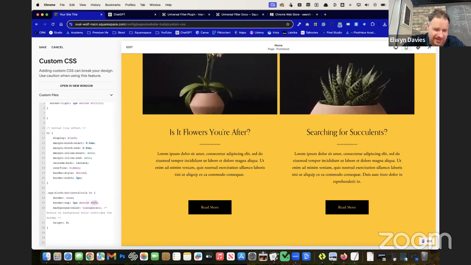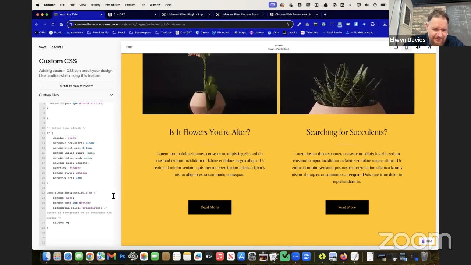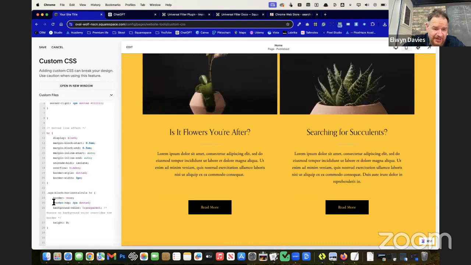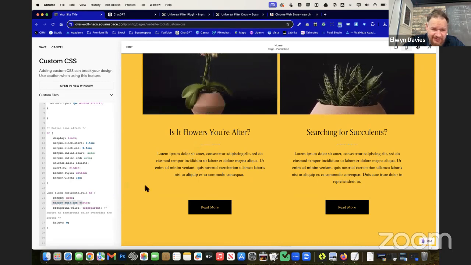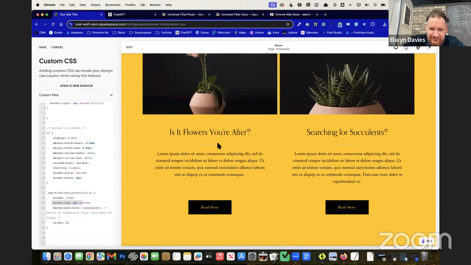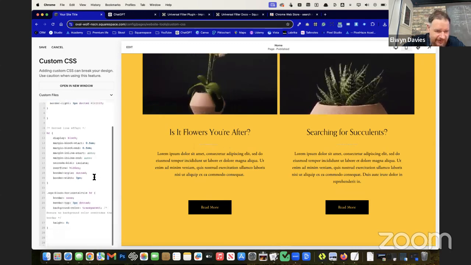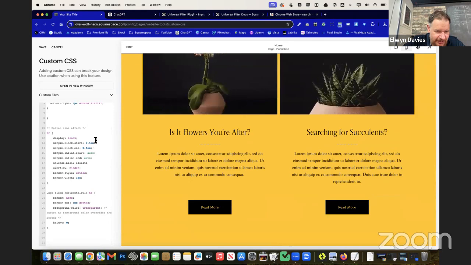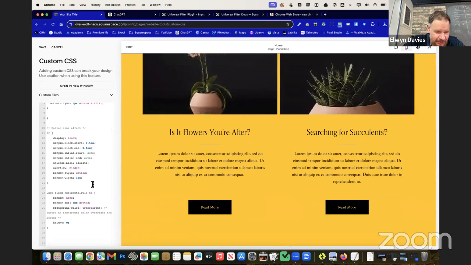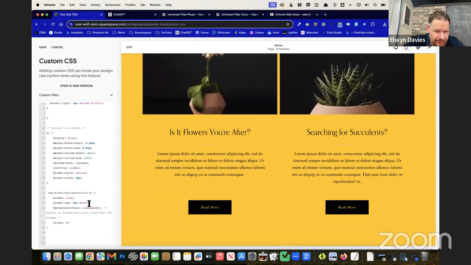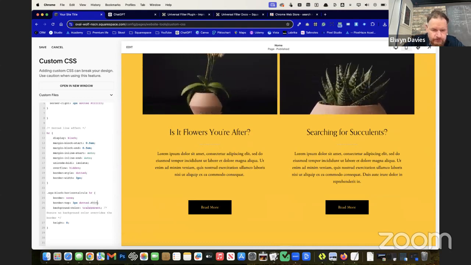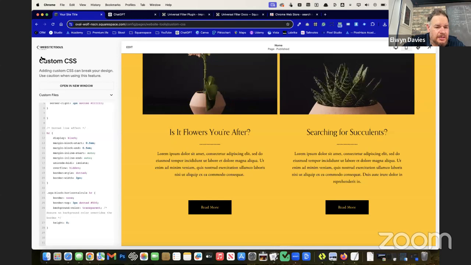Let's try and take the color out and see if it still works, because that's what we want. We don't want the background color because it's the border that's applying that effect and looking like that. So we can see now that because I've removed the color, it's gone back to that default option. But I'm just seeing that that color is not anywhere else here. No. Okay. So